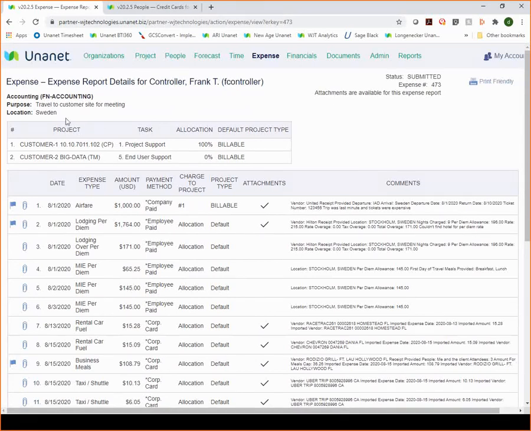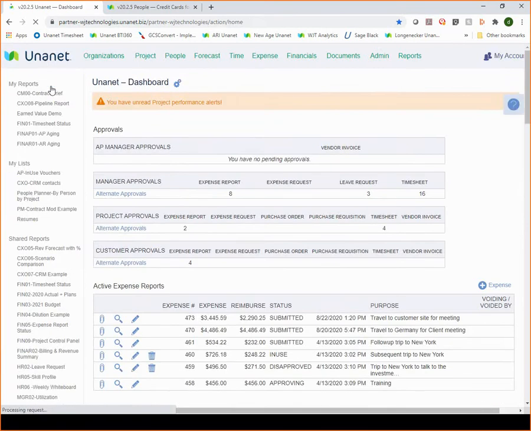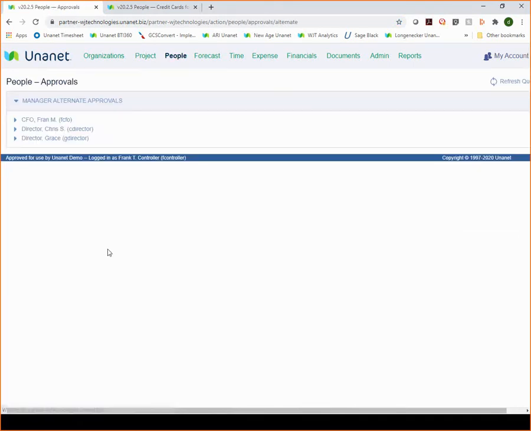So let's talk about approvals. If I go back to my home dashboard, I've got some expense report approvals. I'm an alternate for expense report approvals, and I've got some I'm an alternate to my customers. These are project approvers, so I'm an alternate to the project person. So when I click into whatever queue,